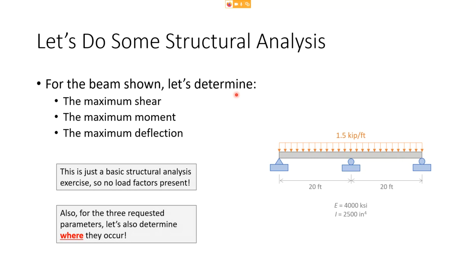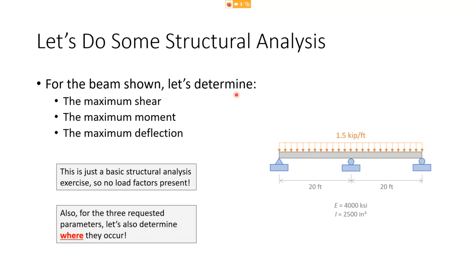But I want to make sure that everybody is crystal clear on what formulas to use and why you should use them. This exercise really doesn't have much to do with concrete design per se, but it's meant to familiarize yourself and make sure that everybody is super comfortable with the analysis aids that we've been using, because we're going to see these analysis aids in the future, and I want to make sure that we're all comfortable